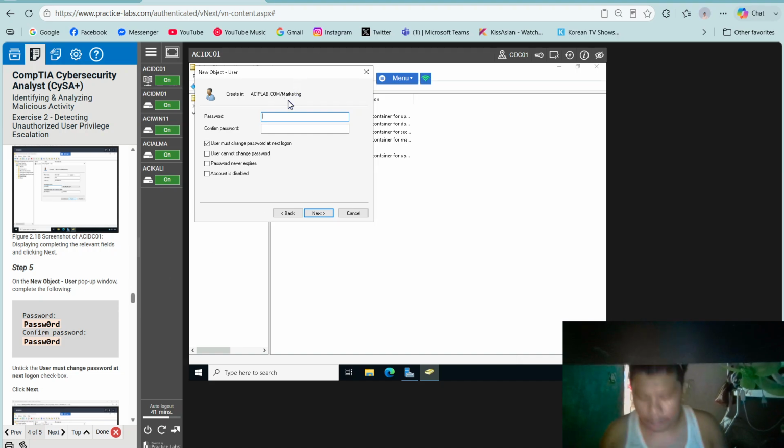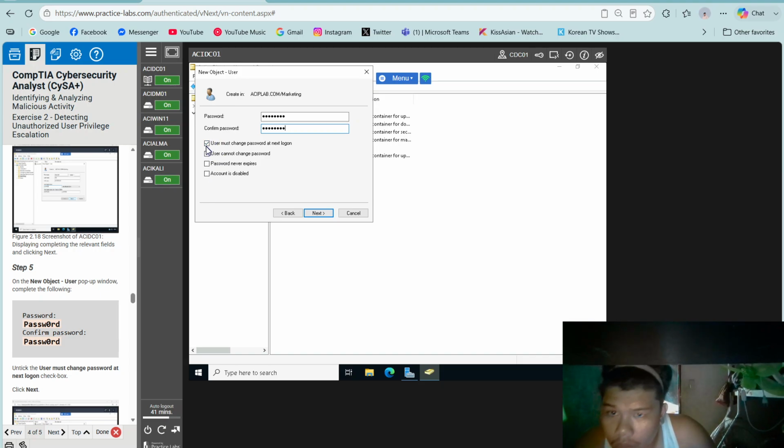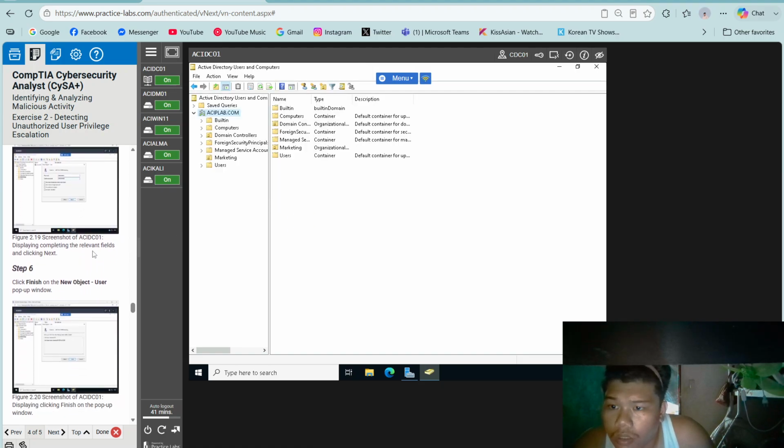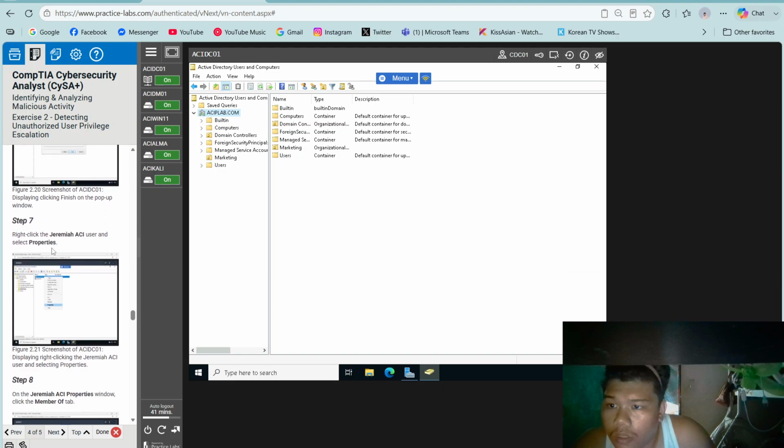Step 5, enter a password and confirm it. Then untick the User must change password at next logon checkbox. Click Next. Step 6. Click Finish on the New Object User pop-up window.